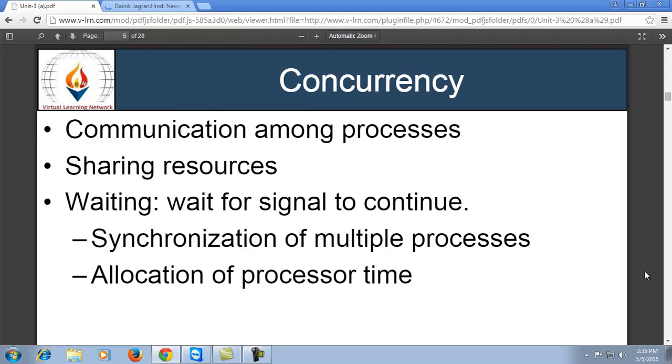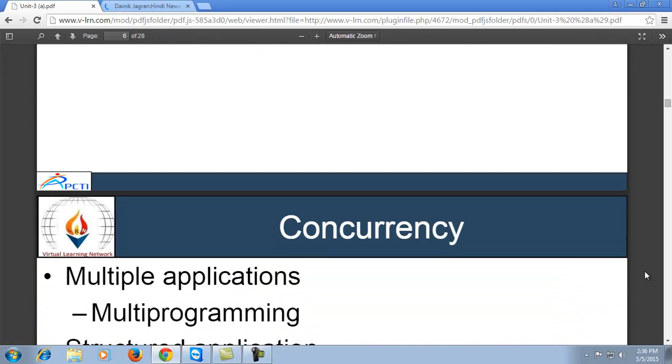These processes may be required to share a number of resources for completion of their tasks, for completion of their execution. At the same time, when we are allocating some resource to a number of processes for sharing data and information, some processes are waiting for execution or for entering the running stage. At the same time, we require synchronization of multiple processes and allocation of processor time, which we discussed in the previous class,